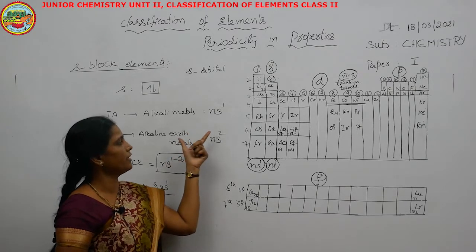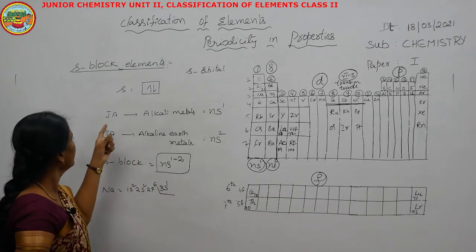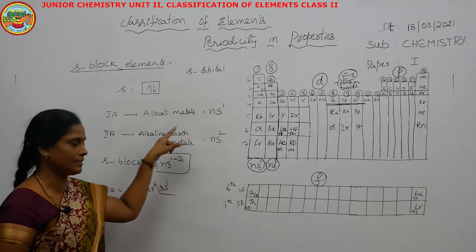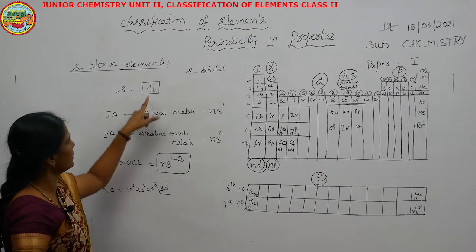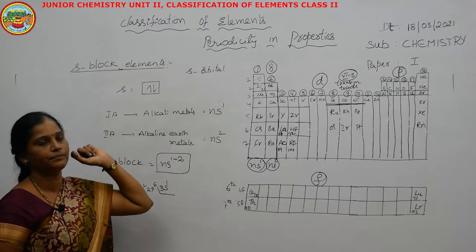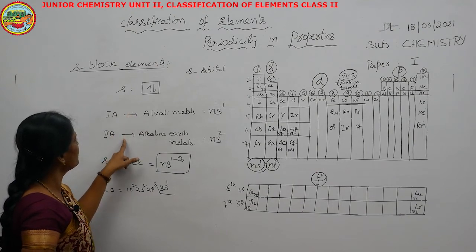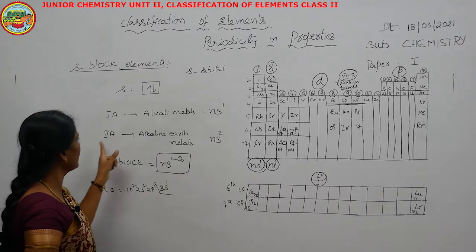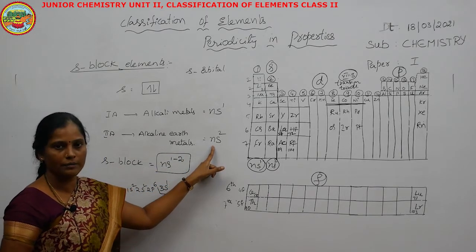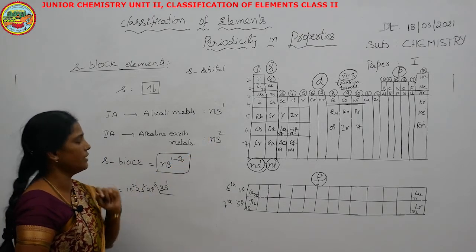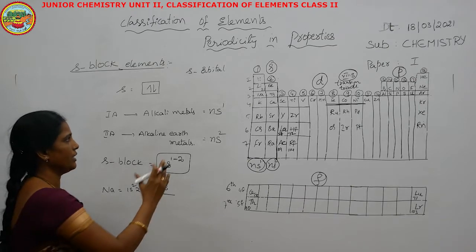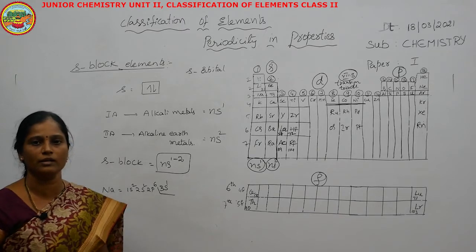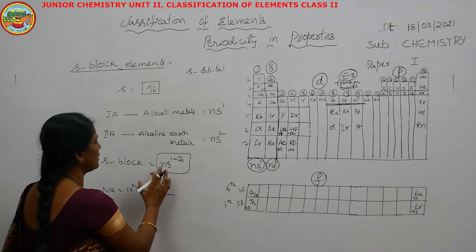Coming to the s block elements. S block means the differentiating electron enters into the s orbital. Because the s orbital contains 2 electrons, it contains 2 groups. The first A group elements, that's ns1. The second A group elements, alkaline earth metals, the configuration is ns2. Totally, the general electronic configuration of s block is ns1